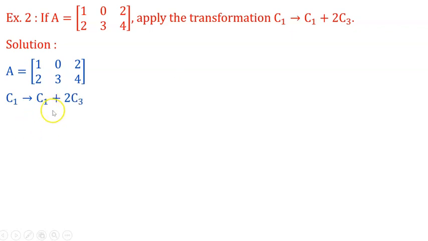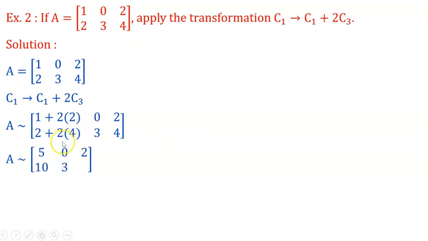Now see this here. C1 changes to C1 plus 2 times C3. The first column will change, that is 1 plus 2 times this 2, that is 2 into 2, and the next, this 2 plus 2 times this 4. Okay, and C2 and C3 will remain as they are, 0, 3 as it is, 2, 4 as it is. Okay, therefore the new, or equivalent, matrix is 1 plus 2